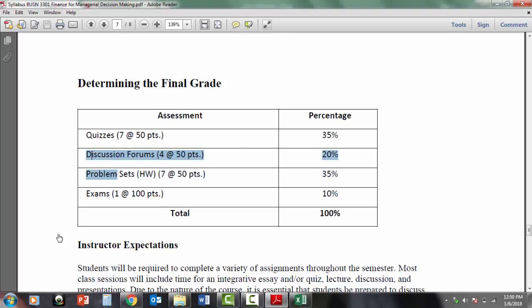Okay, discussion boards, there are 4 of those, 50 points each. That's going to stand for 20% of the overall grade. Problem sets, there's one for each unit as well. Those are also worth 50 points, so that's another big one, 35%. And then a